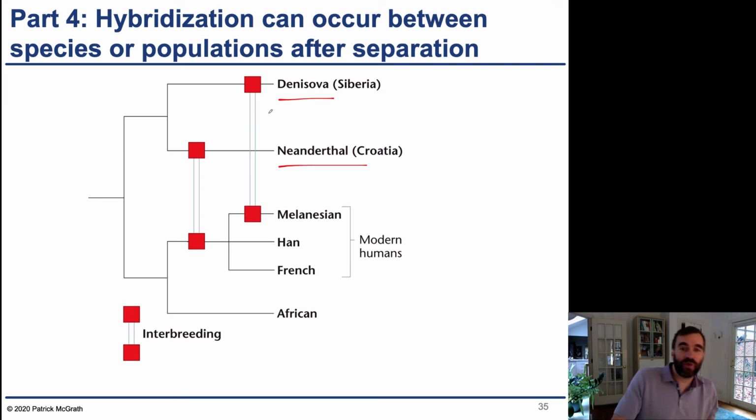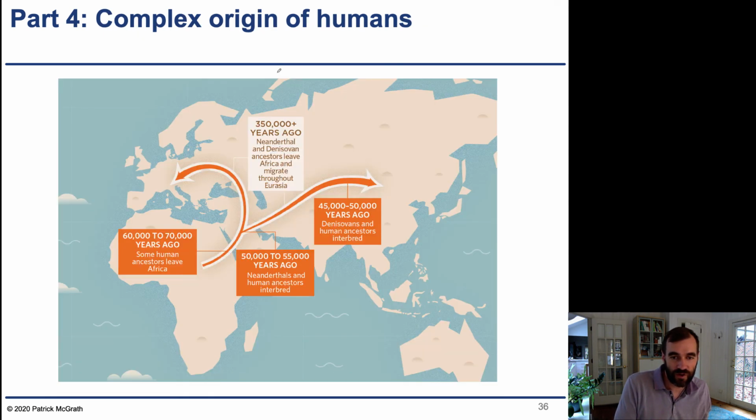And so what human genetics researchers have found is that modern day humans actually have Neanderthal and Denisovan DNA within their bodies to a different extent depending on which population you belong to. And so this indicates that there was actually interbreeding between humans and Neanderthals and humans and Denisovans in different parts of the world. So this has changed our view of modern day